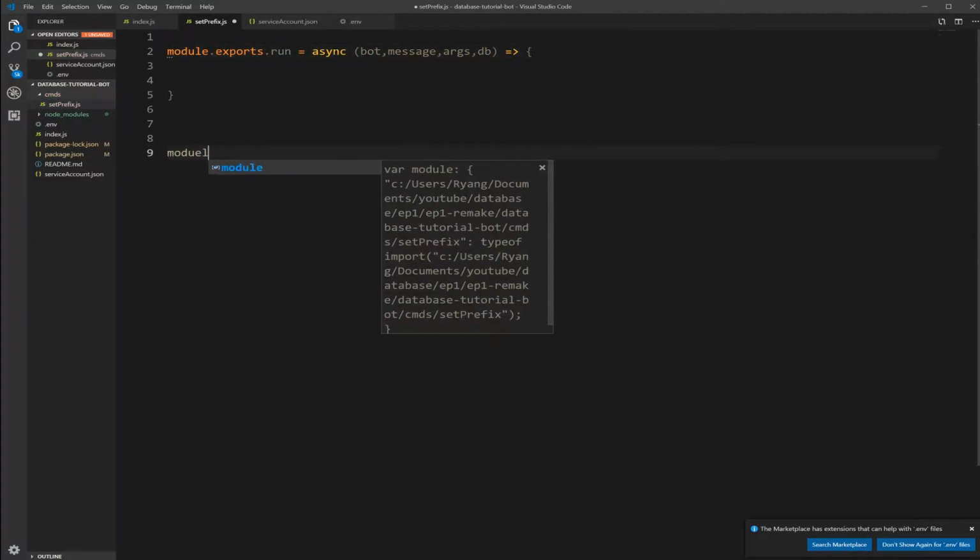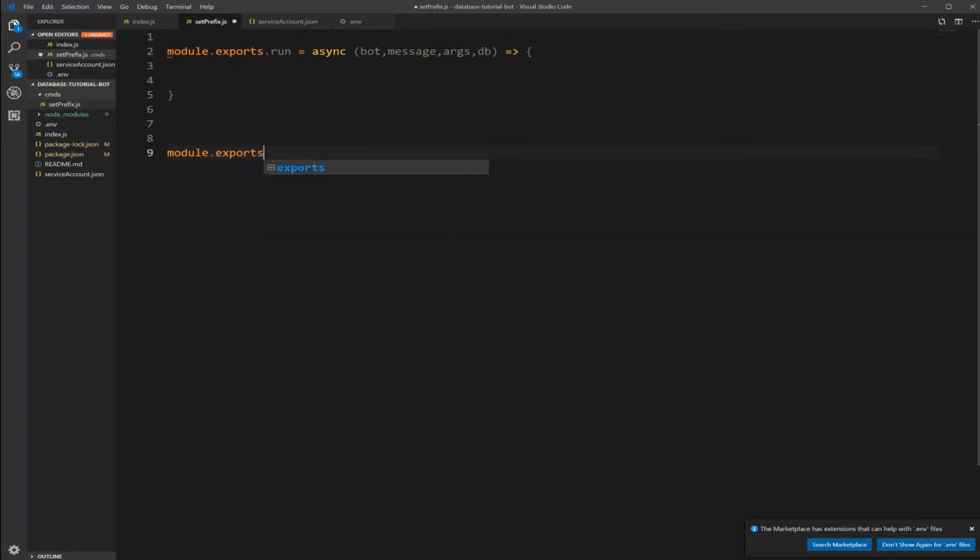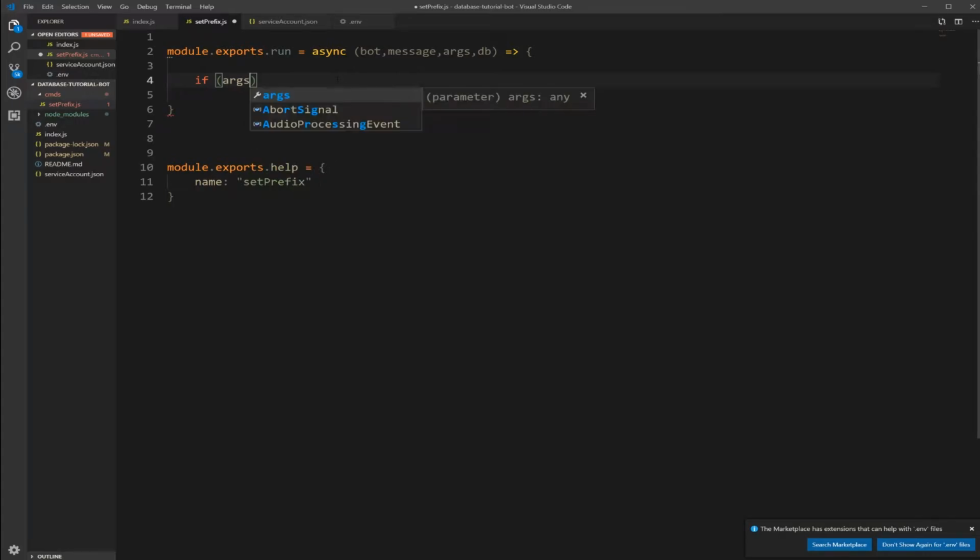So we're gonna just export this function quick. I recommend doing this off the start so you don't forget after and then you ask why your functions don't work. Here you write the name of the file, so without the extension, so setprefix. Okay, and then to set our prefix, it's pretty straightforward. We're gonna check the arguments, make sure we actually have something. So if our args.length is equal to 0,